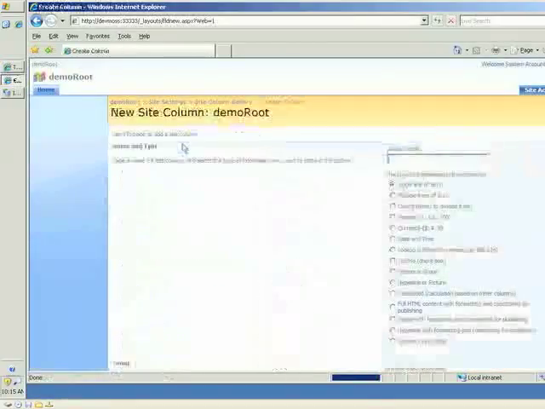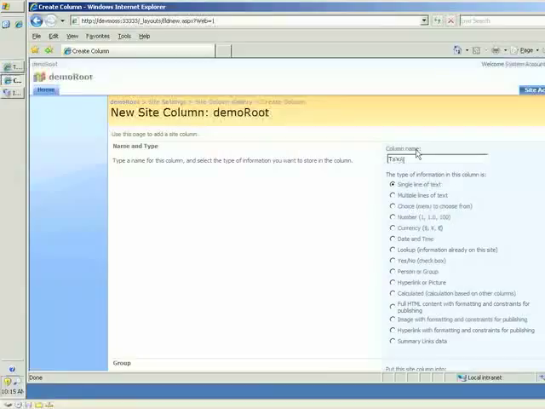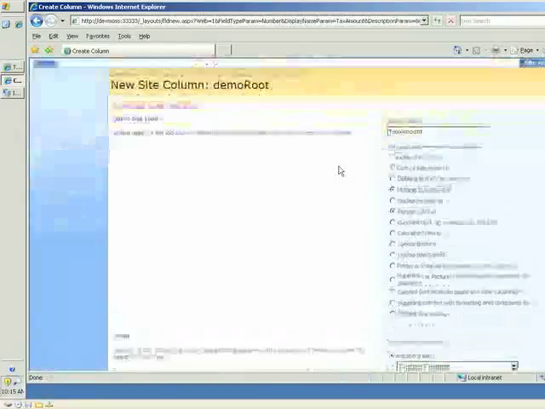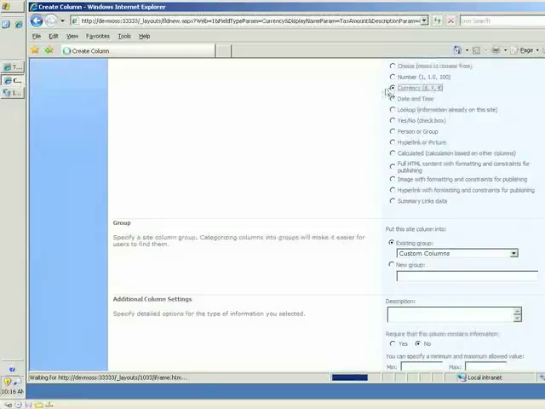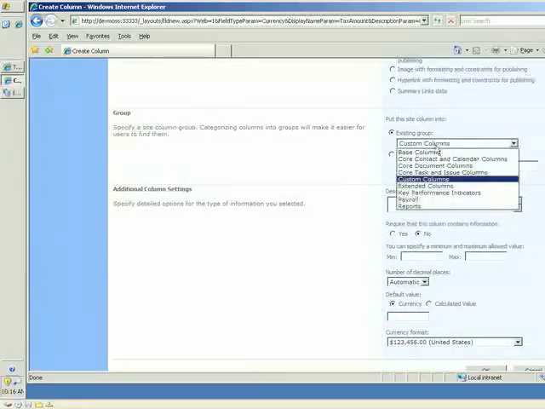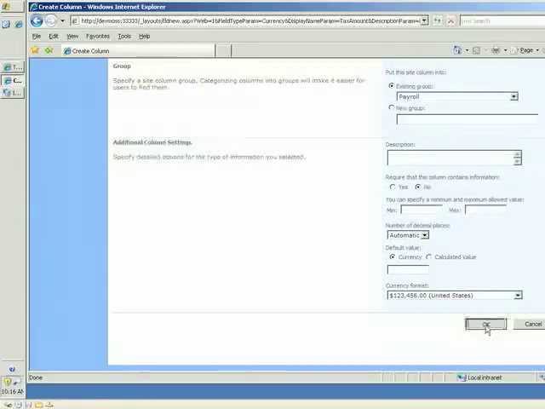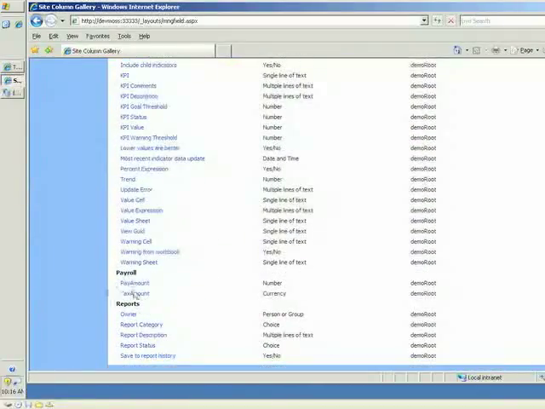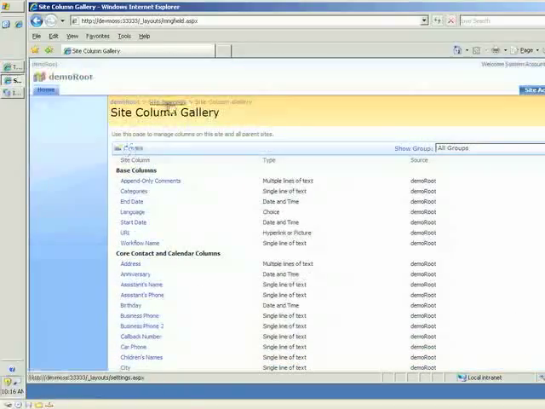Now also, I'm going to create the site column tax amount. So how much did we actually get taxed on that payroll? And let's call that maybe a number, but the difference is, oh, let's make it a currency even. And United States currency. Again, now because I've already added the payroll group, I don't have to type it in, so I can select an existing group. I'm going to click payroll. So what we have just done now is we have created two site columns. These site columns then will be used now when we create our object types, or